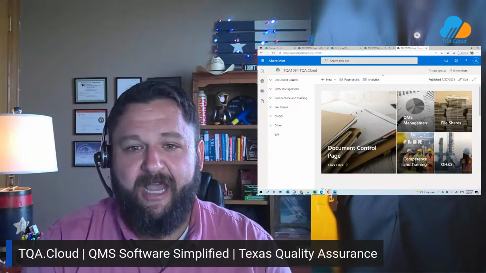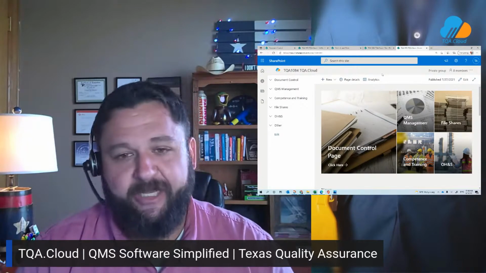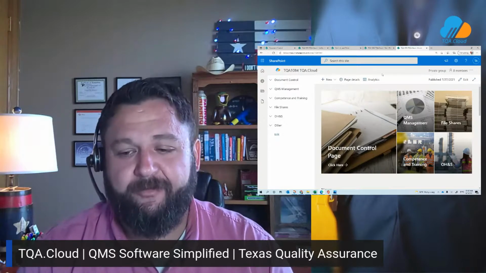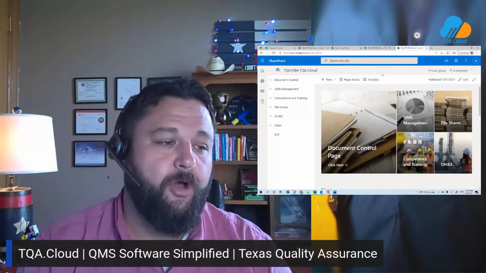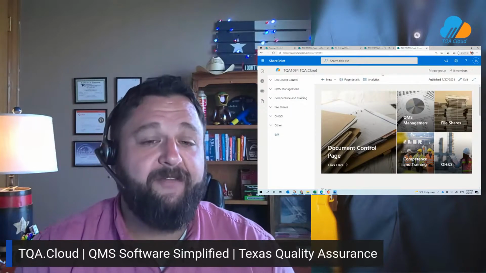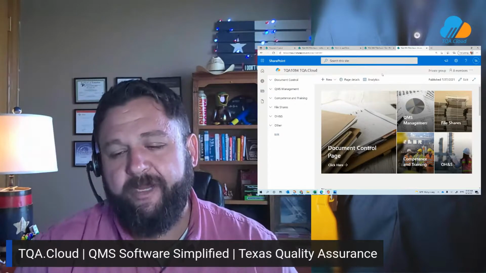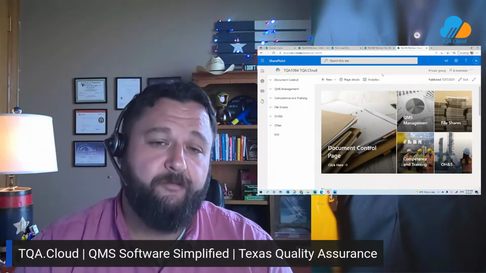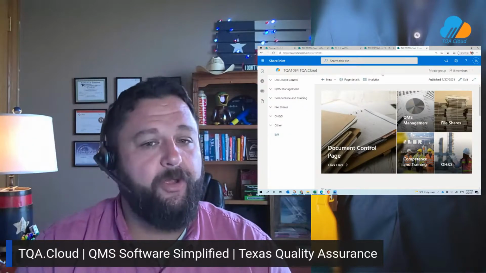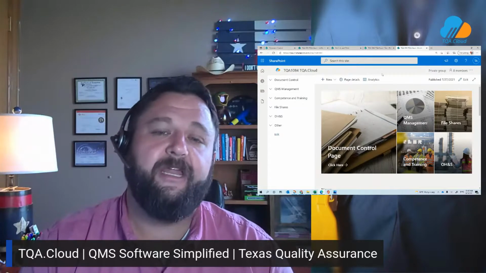To say that I love the work we do and what we're able to provide for you here is really an understatement. And it really comes from the fact that this is the world we have lived and breathed for so long. With the advent and benefit of us being Microsoft partners, we've got access to a really fantastic team of developers that can do a lot of really good work for you. Again, very quickly, cost effective. You know what you're going to get. You know the date you're going to get it.